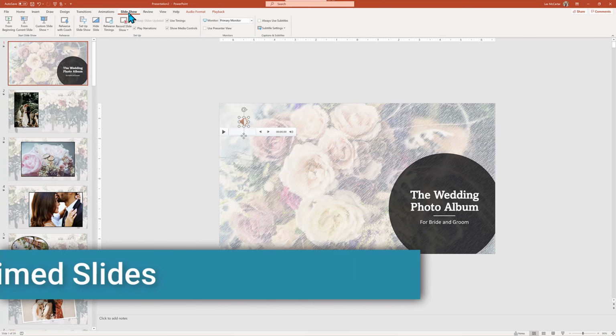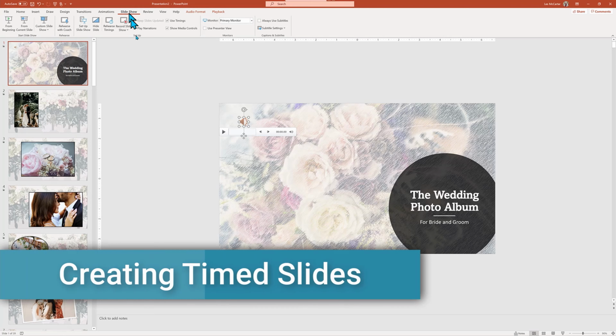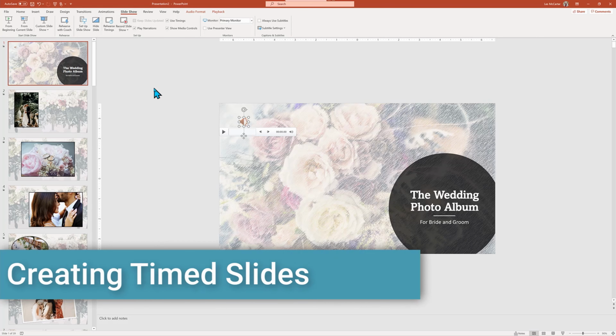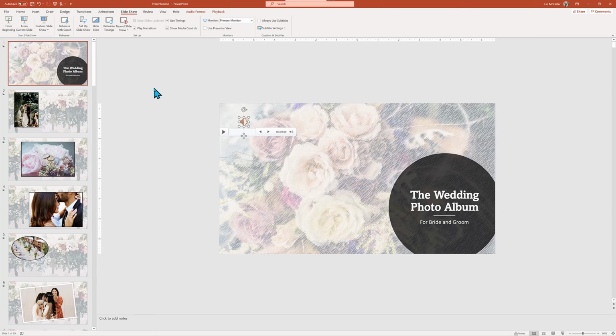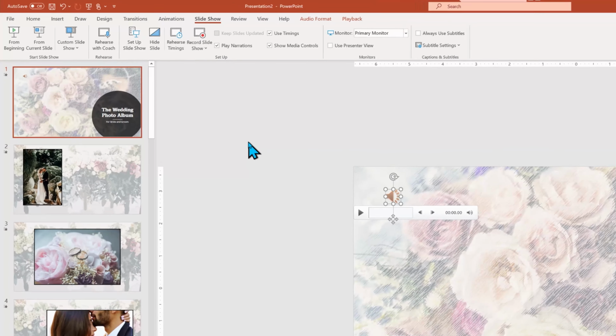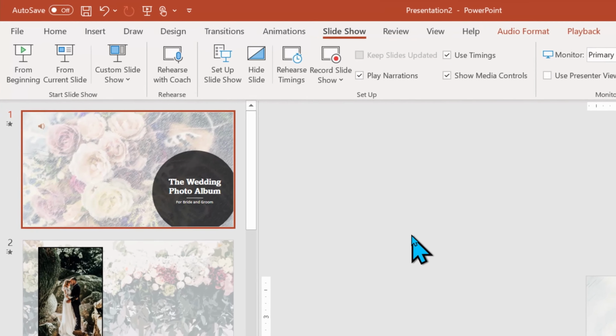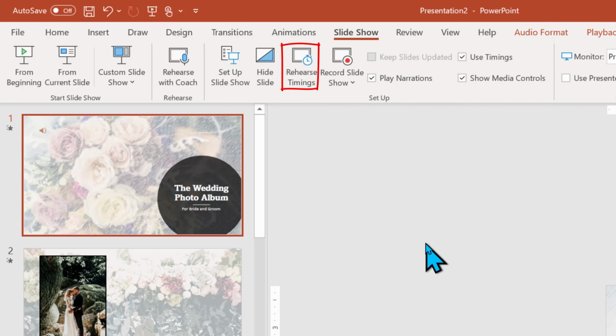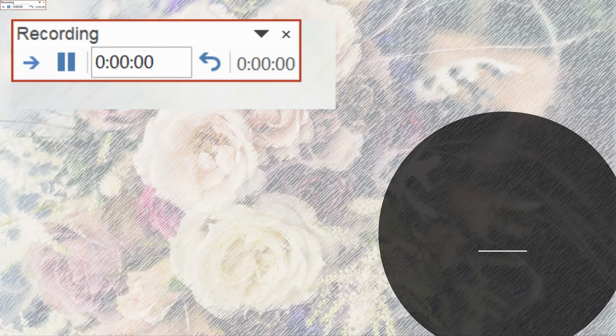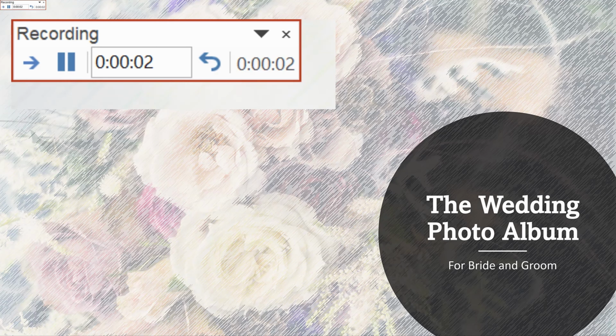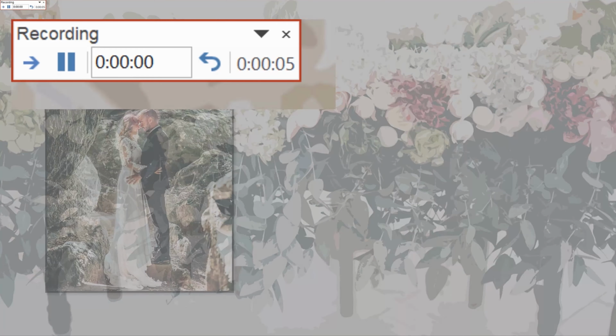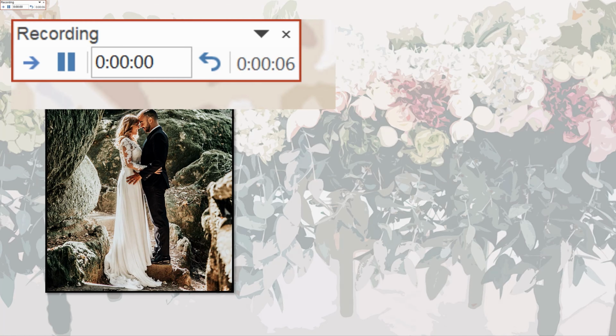If you plan this to be an automated slideshow, you could set the time between slides to be the exact same amount, or you can get creative and custom set each slide. Go to Slideshow and click Rehearse Timing, and it will launch the presentation. From here, each time that you click, PowerPoint's going to record how long you stayed on each slide. If you look at the top left-hand corner, you're going to see both the total running time and the time for the specific slide that you're viewing.